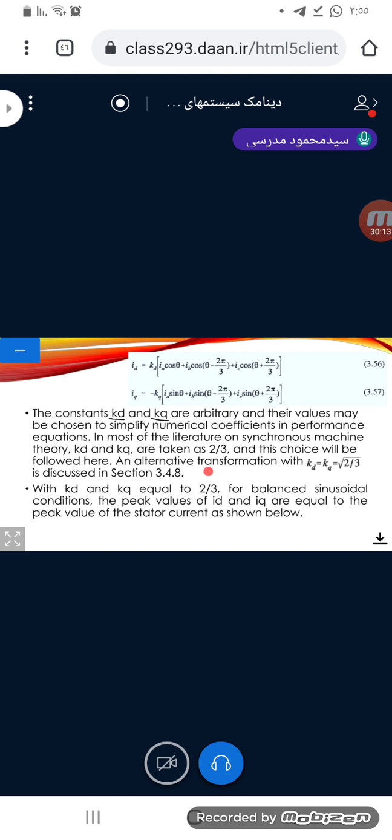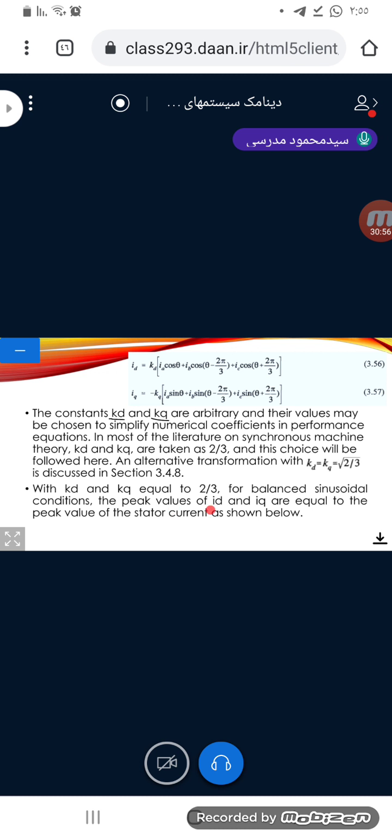An alternative transformation with KD equal to KQ equal to radical 2 divided by 3 is discussed in section 3.4.8. With KD and KQ equal to 2 divided by 3 for balanced sinusoidal conditions,